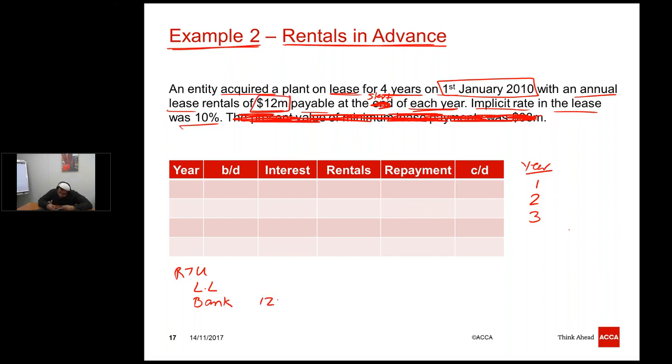So the first rentals of $12 million will be credited from the bank. So the present value will now relate to remaining 3 years, 12, 12, 12. And the present value will become